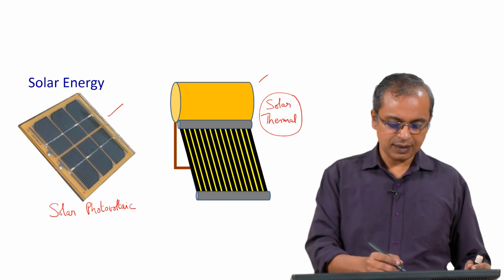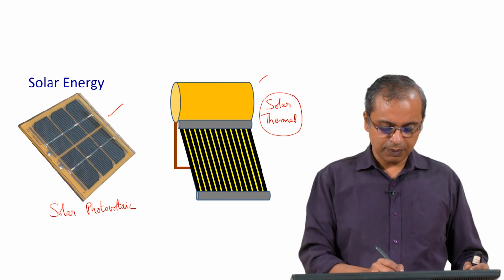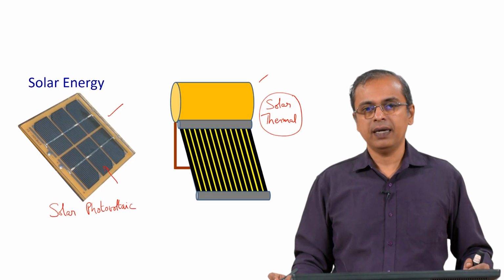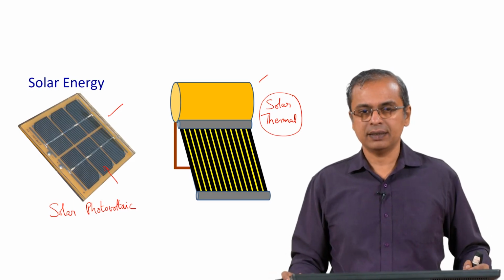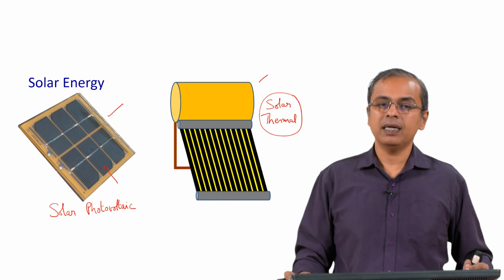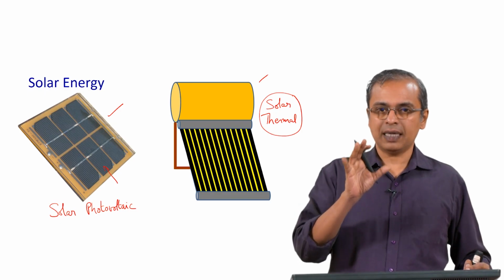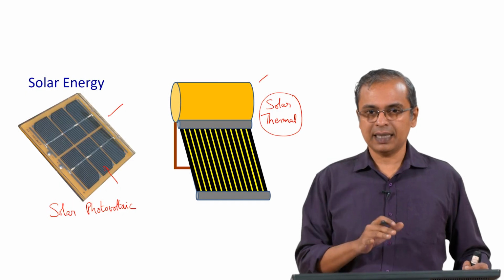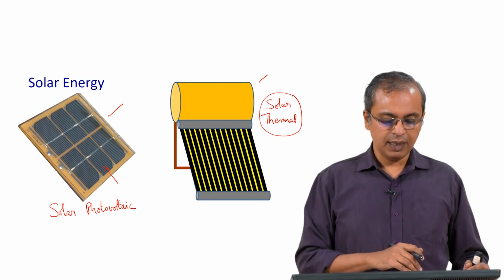Here you have some special semiconducting materials that are used in this panel. When we get to the solar energy discussion we will look at that in greater detail. It is used to capture sunlight and convert that to electricity, so there is a process involved in it. We will look at the science behind that process when we get to it.